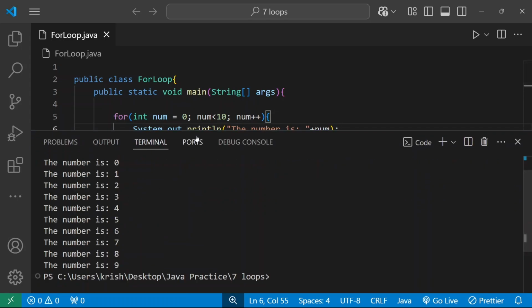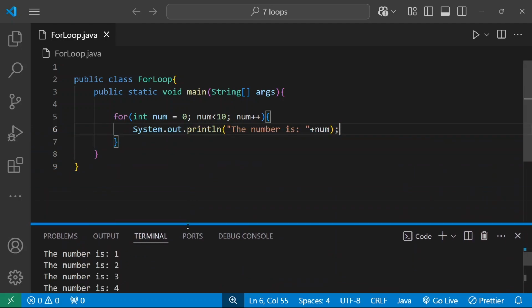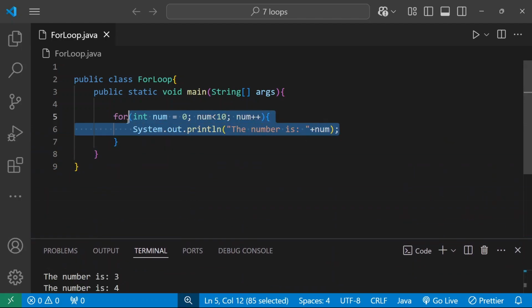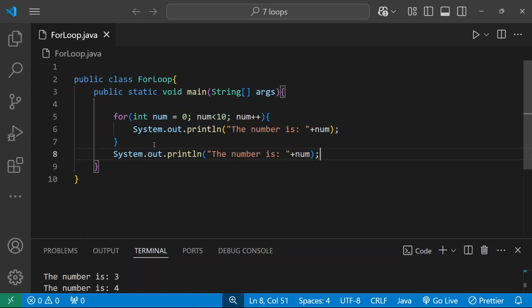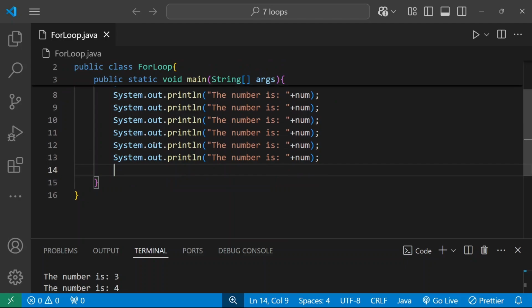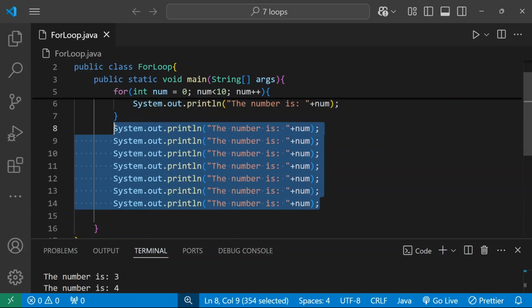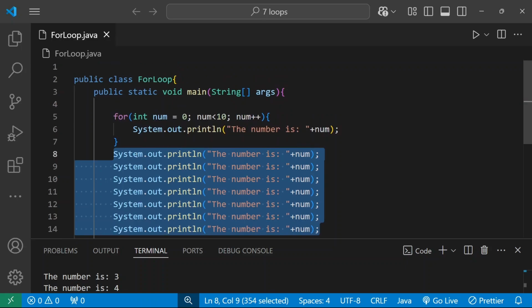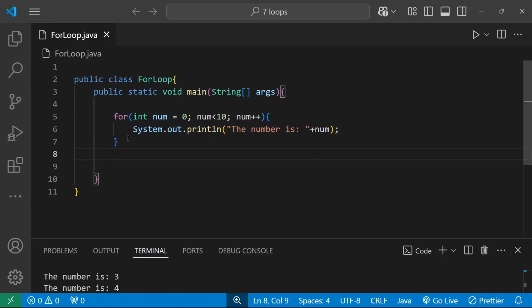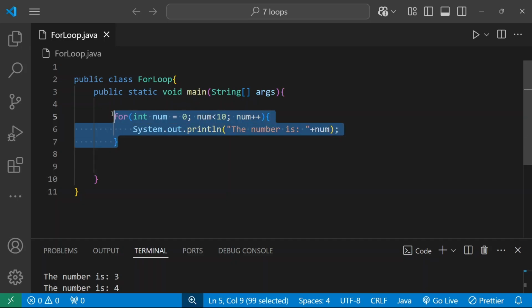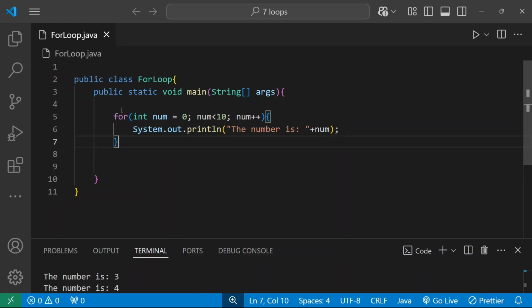Okay, so why are we going to use this loop? Do we need this loop? Can we print this out without using a loop? Yes, right? So we can print like this. You have to write 10 output lines, then you have to change this number from 0 to 9. Then what will happen if you have 1 million executions? At that time, are you going to write your code like this? No. At that point, you can use loops. If you are going to do the same thing repeatedly, then you can achieve this using loops, maybe a for loop or while loop or do while loop. So this is the normal